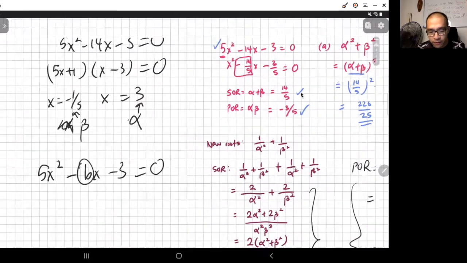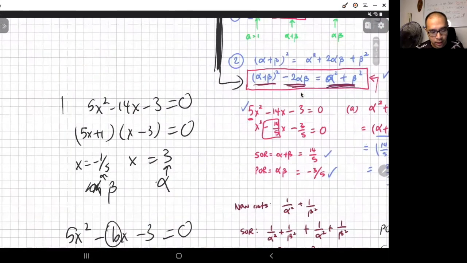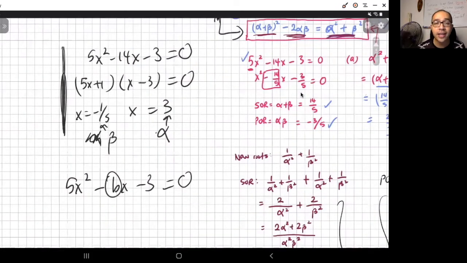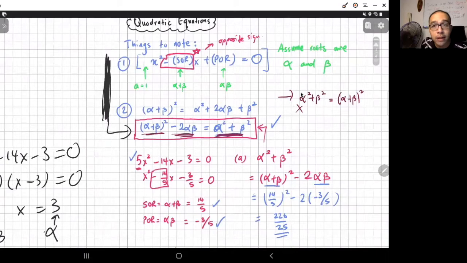Which is why I emphasize this for exam. Yes, it is the more difficult one, but you cover more questions by learning this method. Kalau kamu buat cara begini, you can only answer one kind of question, which is this kind, which is the question that we have, question number 4. But the moment they ubah satu soalan, dia bagi kamu satu huruf, that's it. That's the end of the road for you. So don't be stuck in that one method. Always, I would say, better to hold on to this method. Understanding these two things to note will carry you very far. All right, let's